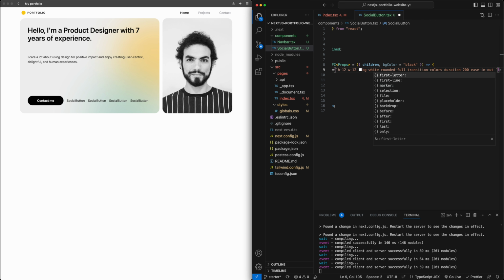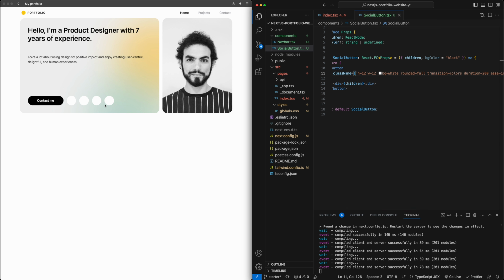And then for positioning the children, we're just going to make this flex, justify center, item center, so that centers the content. And you can see immediately we get essentially 4 white circles for right now. There's a couple of other things that we're going to add in here in a second, but first let's style